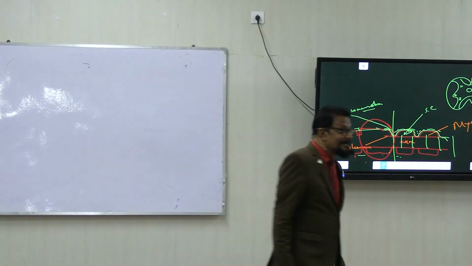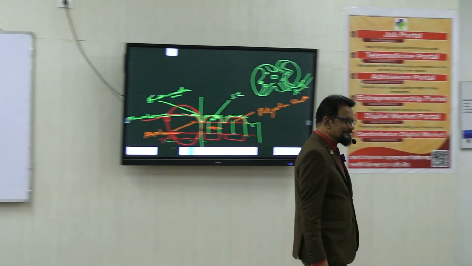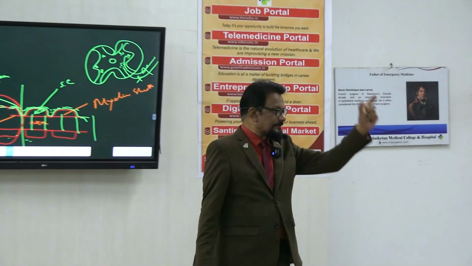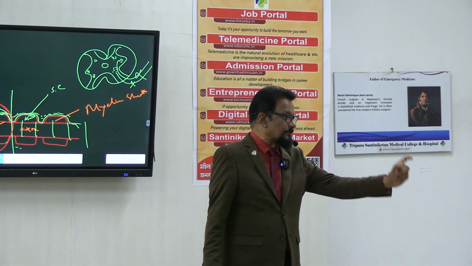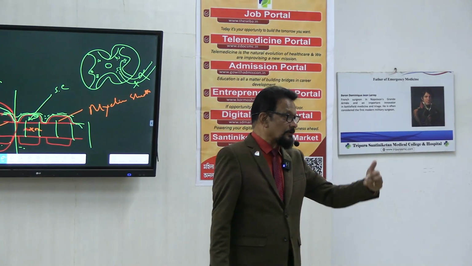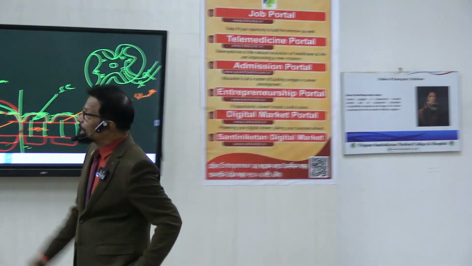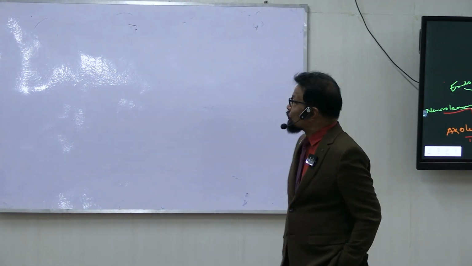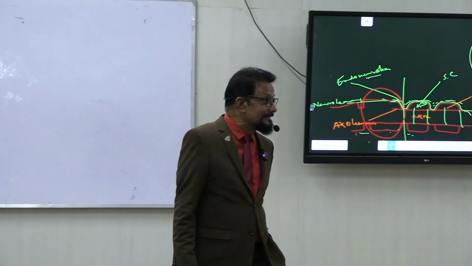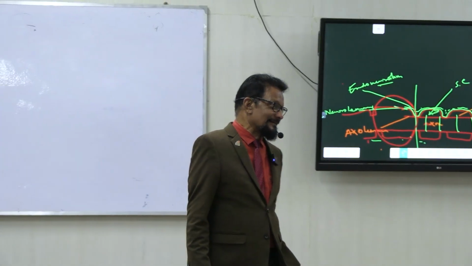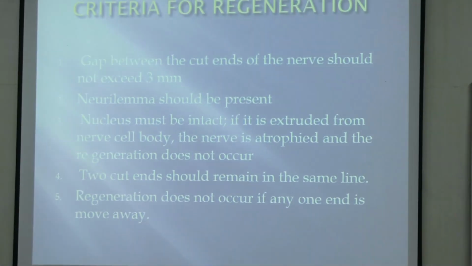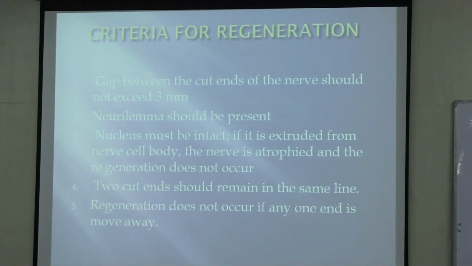And what is the criteria? These criteria have to be fulfilled, then only regeneration is possible. Number one, the gap between the cut ends of the nerve should not exceed 3 millimeter. Then neurilemma should be present. Second criteria. Thirdly,